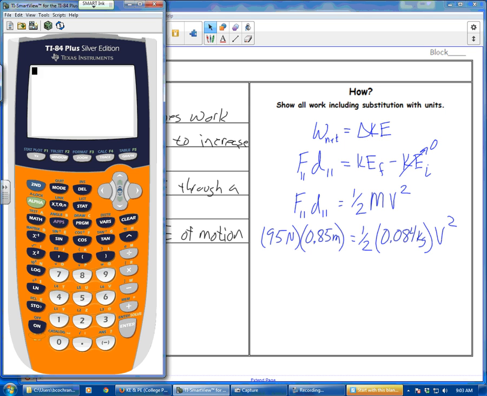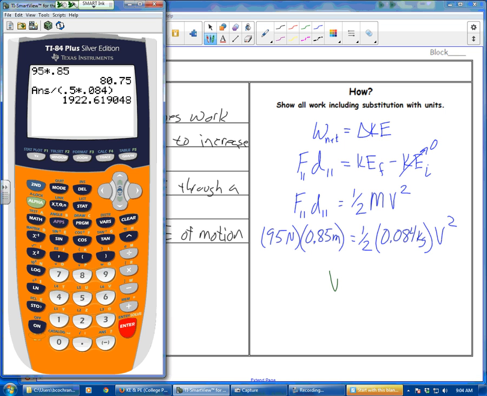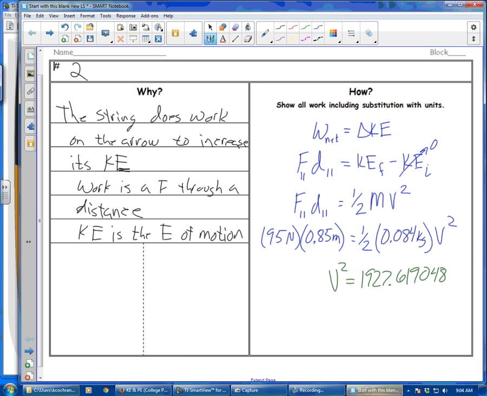So I'm going to do, let's see, 95 times 0.85. That'll be my work. That would be divided by 0.5 times 0.084. And that would be my V squared. If I was writing this, that would be my V squared. And so my V would be,